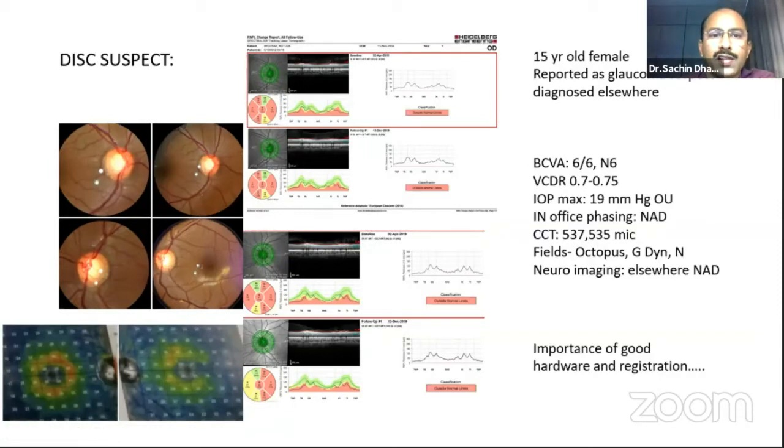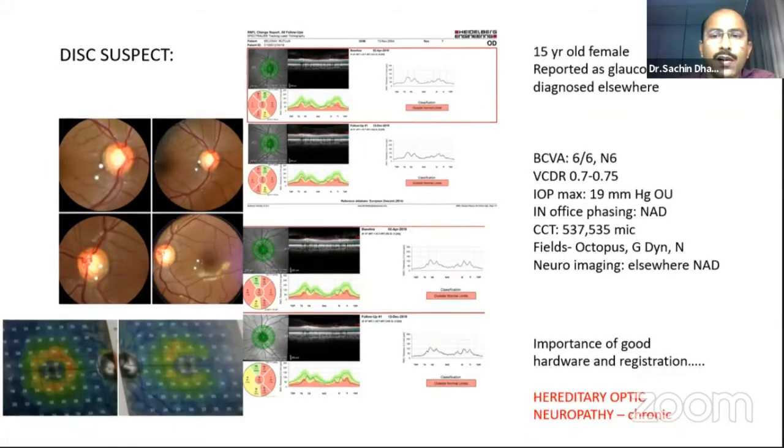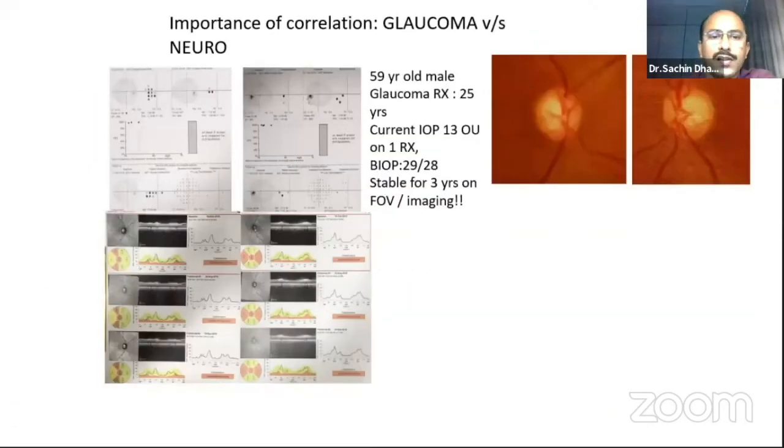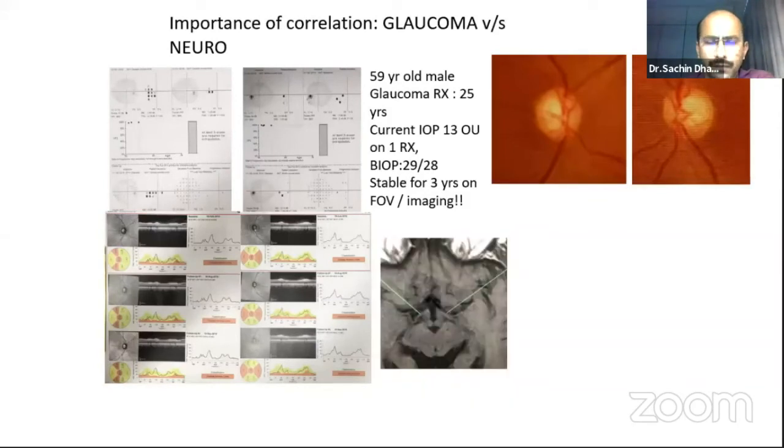So these are the variations that you need to know, which resemble glaucoma, but may not essentially be glaucoma in the first place. Now, certain neurological cases that you need to know here. You can see these Garway-Heath sectors here. These are like a bow tie appearance in the left eye and superior and inferior sector in the right eye. Now, this is a very, very classical pattern. If you've seen this very closely, this is an optic tract lesion.